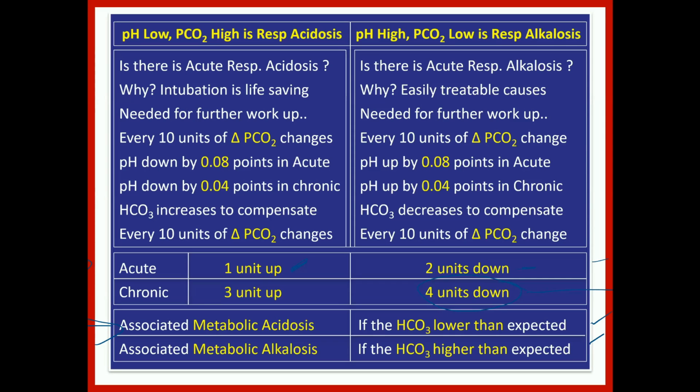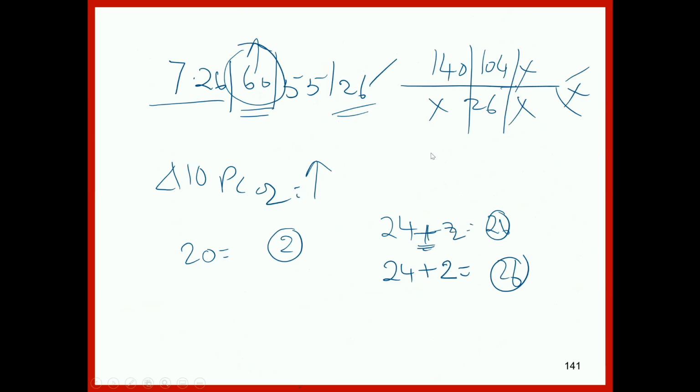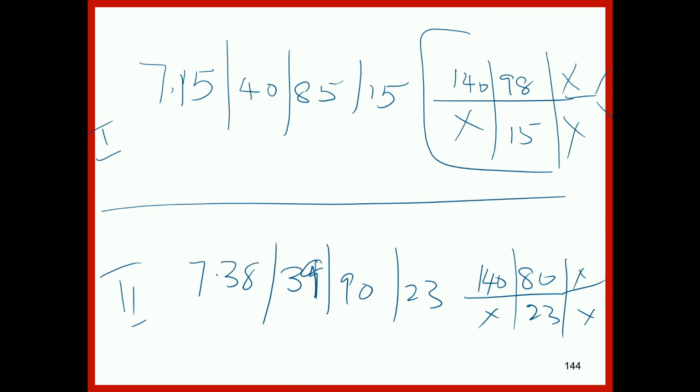So this is the summary of today's discussion. Maybe we will stop here, and then those 2 questions, you please do them. While doing those questions, also check for internal consistency, and if you find associated acidosis, find out whether it is AGMA or NAGMA, and try to make some differential diagnosis.